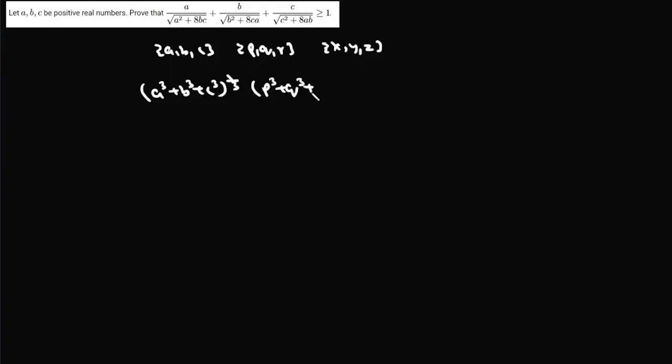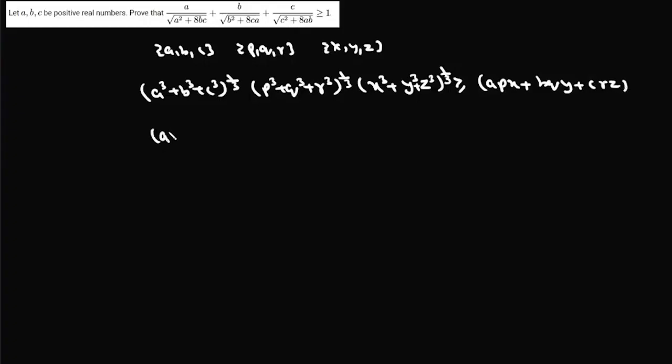Now, one way of using Holder's inequality is, if we have three sequences, suppose A, B, C, P, Q, R and X, Y, Z, then we can write (A cube plus B cube plus C cube) to the power 1 by 3, (P cube plus Q cube plus R cube) to the power 1 by 3, into (X cube plus Y cube plus Z cube) to the power 1 by 3 will be greater than or equal to APX plus BQY plus CRZ, or simply we can write (A cube plus B cube plus C cube) into (P cube plus Q cube plus R cube) into (X cube plus Y cube plus Z cube)